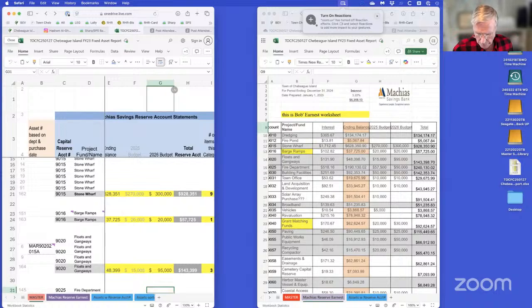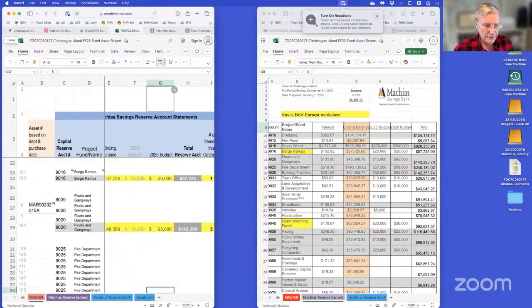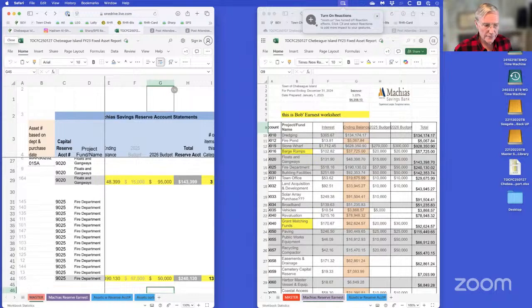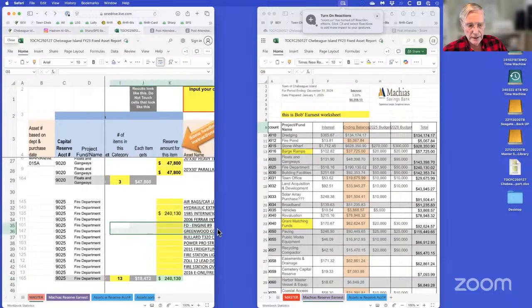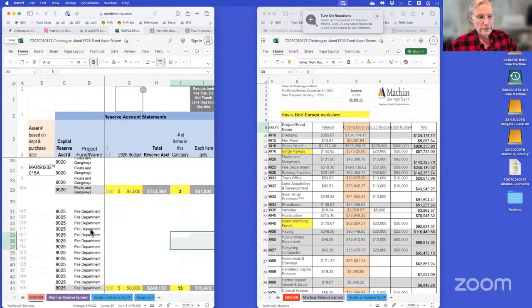I'll get to that in a second, but that's why there are numerous entries in here. The fire department has a ton of stuff, but they all go to the same reserve account. So the question is, these in the reserve account, the ending balance from last year, for instance, in the fire department, and you guys can double check all these numbers, but